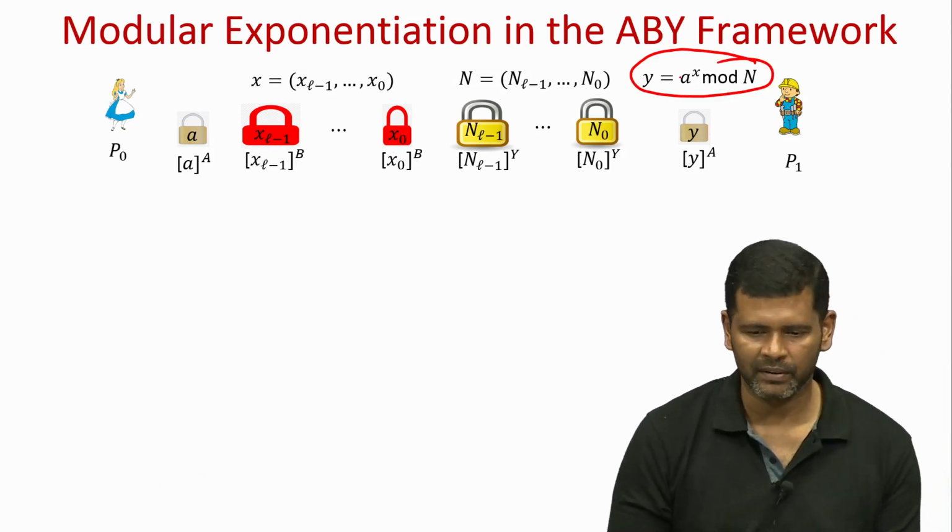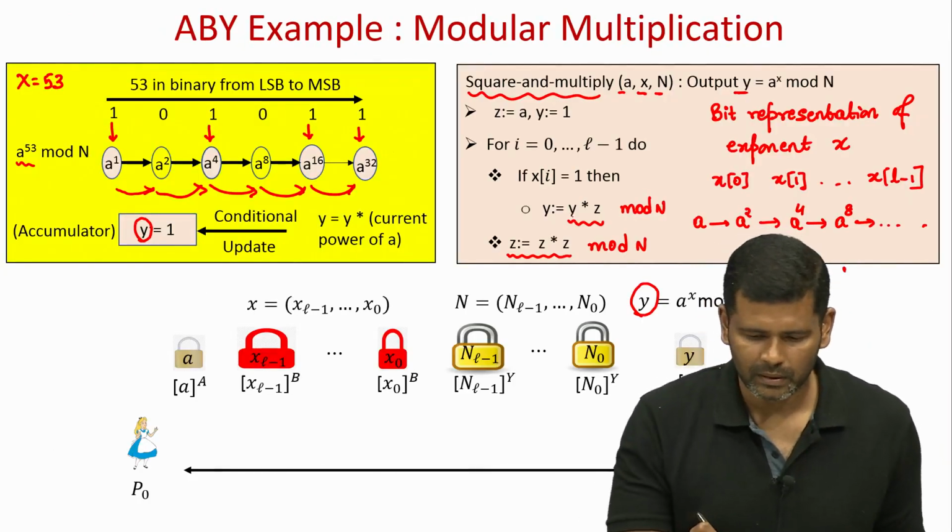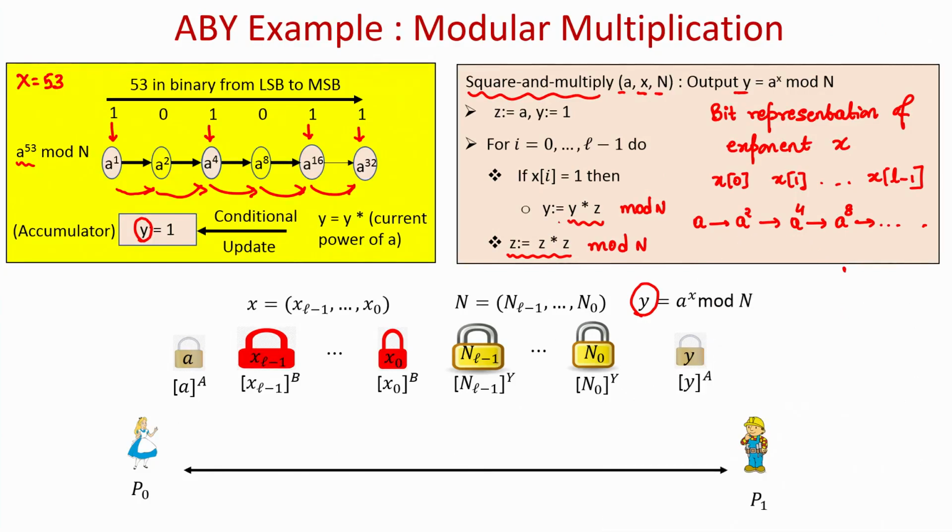Why so? Because as I said here, we require modular multiplications to be performed, and modular multiplications means we have to compute mod n. So, this y times z, you can imagine that this is a value. Call it a, then we have to compute a modulo n, and z multiplied with z is say b, and we have to compute b modulo n. So, there are two steps where we have to perform the mod of a value with respect to n.